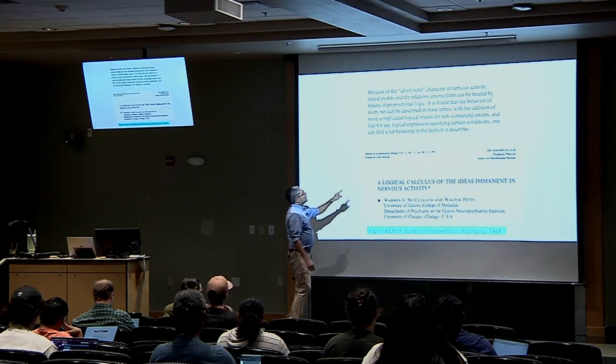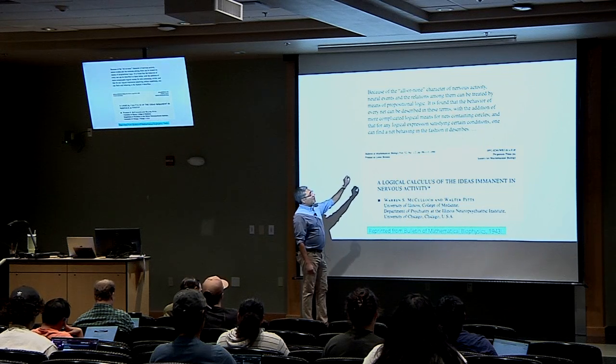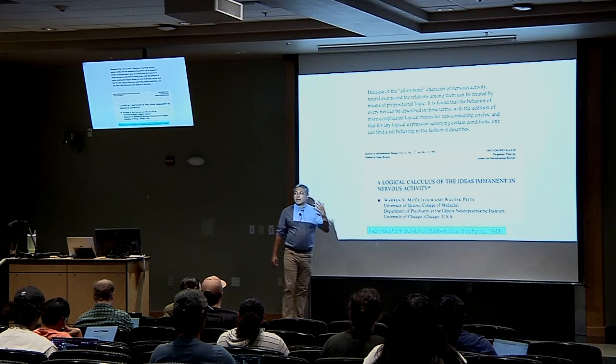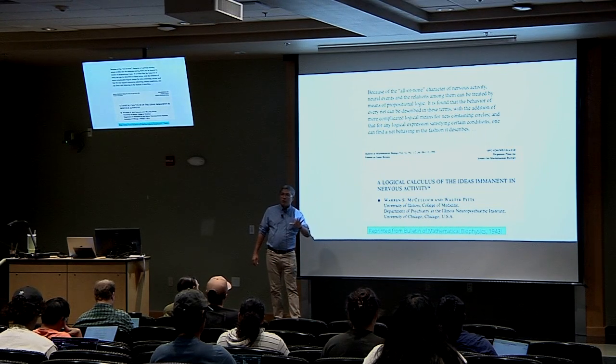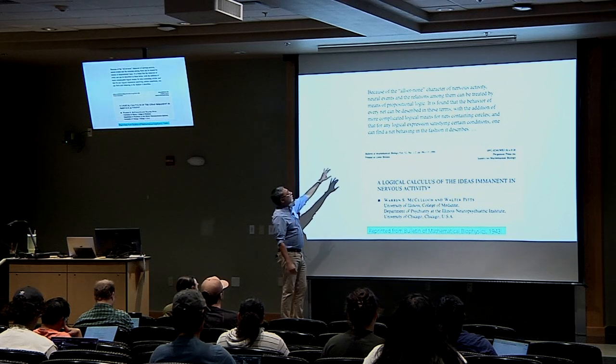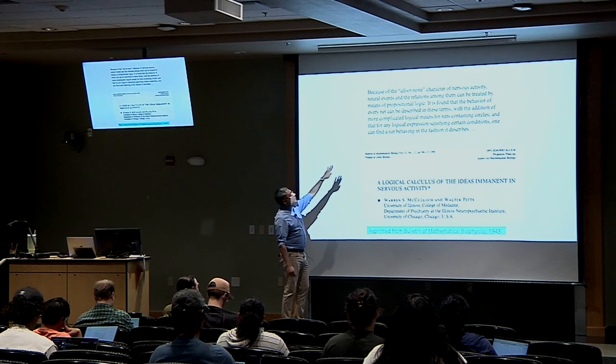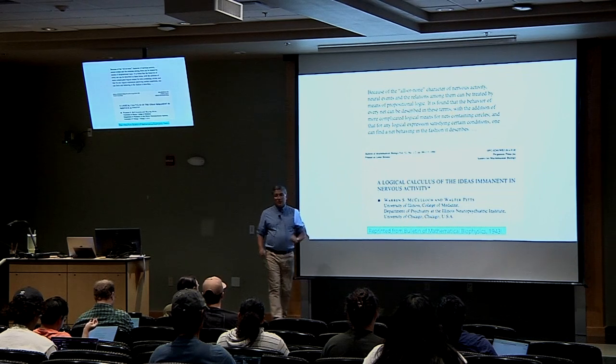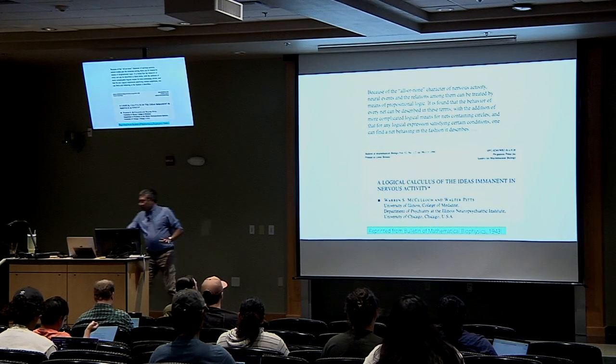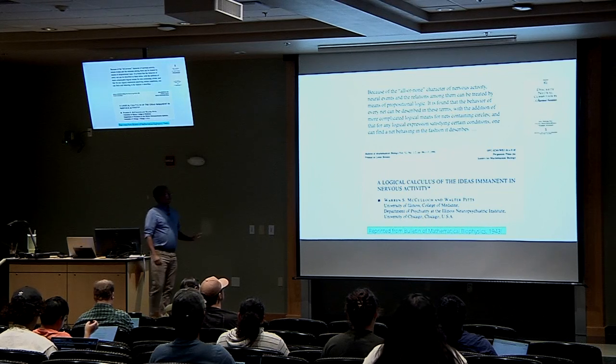What they did was try and model what was happening in the neuron, build a dynamical systems model, if you will, or a functional approximation model, and then make the argument that you can tie all of that to propositional logic. It's an incredible insight. It was not a complicated model.